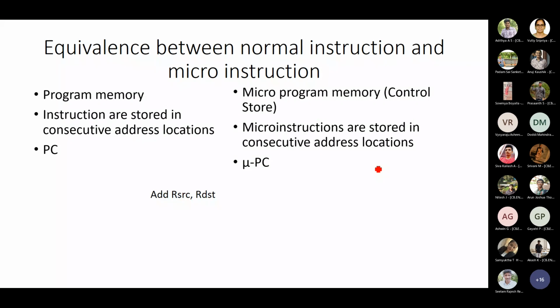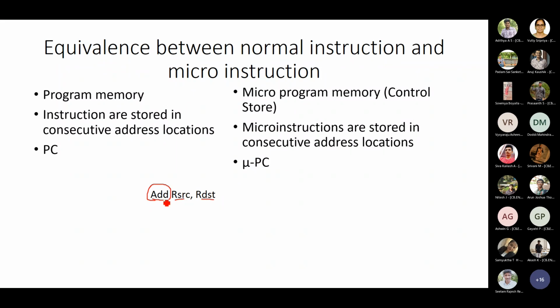So from here onwards, we will be using one particular instruction as an example, and throughout the end of this chapter, we will be using the same instruction. With the same instruction, we will be learning various concepts. So that is add R source, R destination, where this is your source operand, this is your destination operand, this is the type of instruction. I'm discussing only the add instruction. I'm not concerned about any other, because if it is applicable for this, you can similarly extend it to any other instruction.